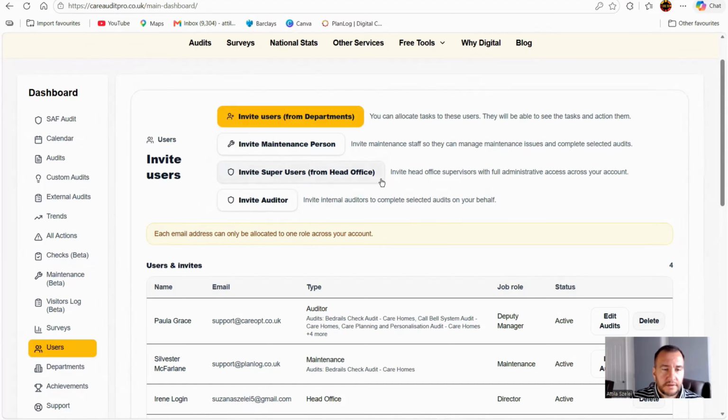So yeah, this is useful for multi-site businesses. But not only that, even if you have one site, one care home, maybe you want your head office, your directors to see what's happening in their business, so you can invite them using this type of user. Then you have the auditor,